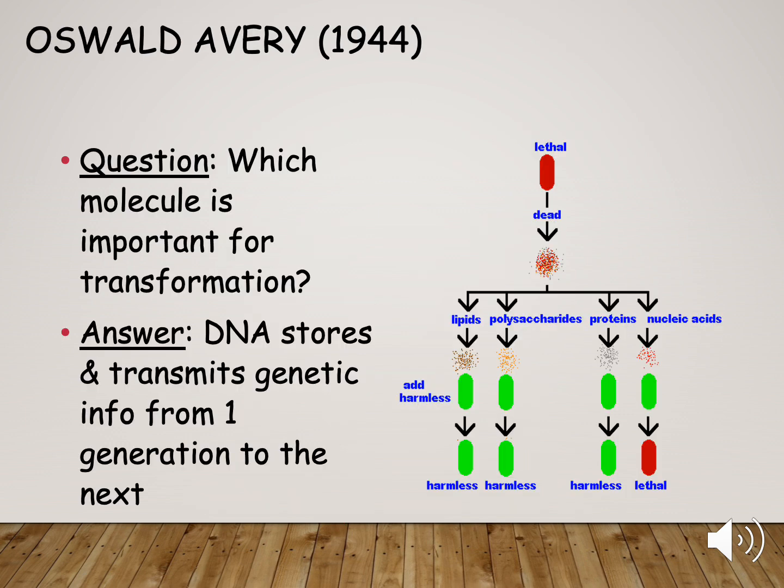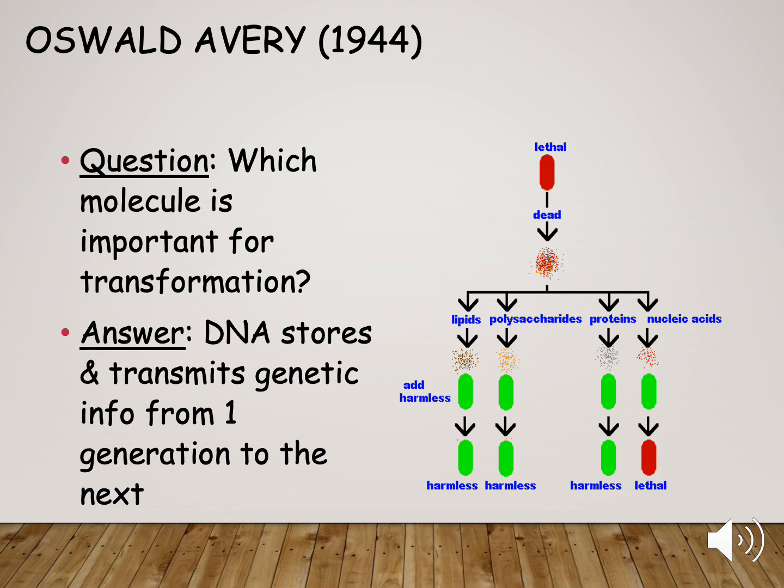Okay, Oswald Avery continued the study of Griffin's work. He wanted to know which molecule was important for the transformation. In his experiment, he was able to determine that it was the DNA that stores and transmits genetic information from one generation to the next. He took a sample of that lethal bacteria that was causing the mice to die. He then was able to go through,